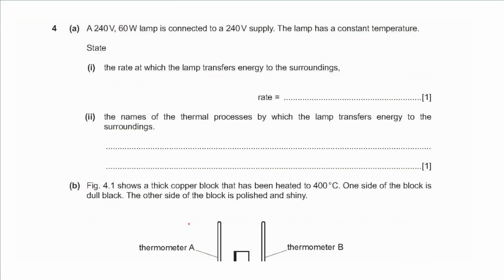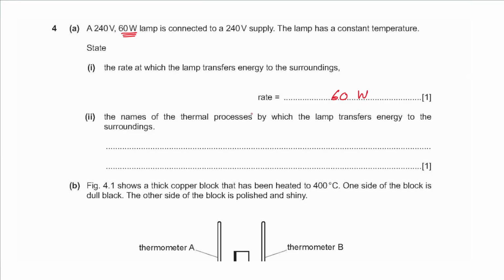Question 4a says a 240 volt 60 watt lamp is connected to a 240 volt supply, so the power emitted is 60 watts. The lamp has a constant temperature. State the rate at which the lamp transfers energy to the surroundings. Rate of energy means energy over time, and energy over time is equal to the power, so we use the number with the unit for power, which is 60 watts,